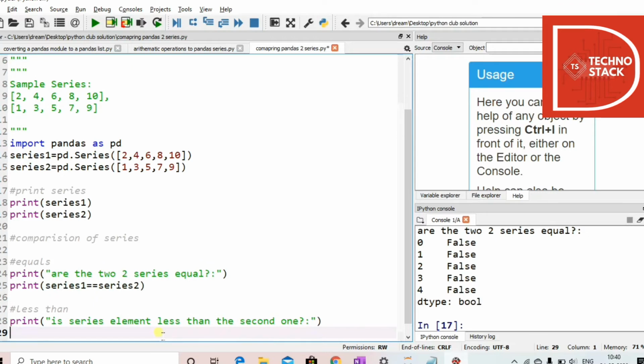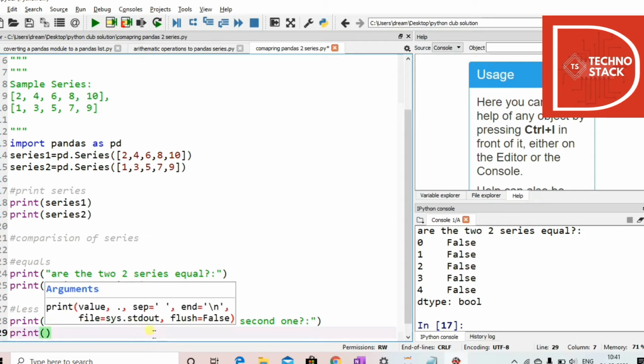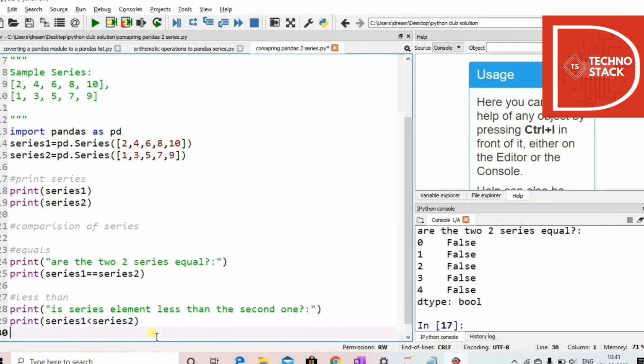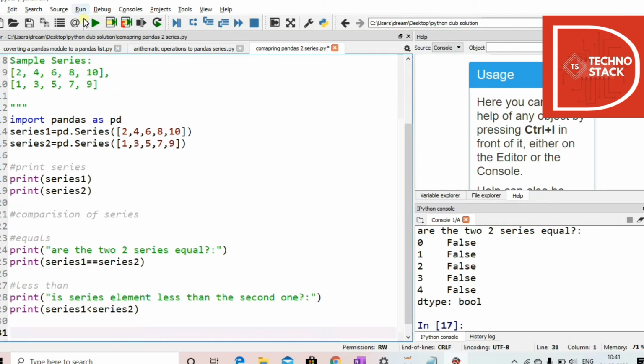We're just throwing a question in the output section to see what we are differing from. Like here we saw equals, and then we are saying less than, whether the first series is less than the second or not. Then we directly take the variables in print, series1 less than series2. Fine, and then we are anticipating the output.